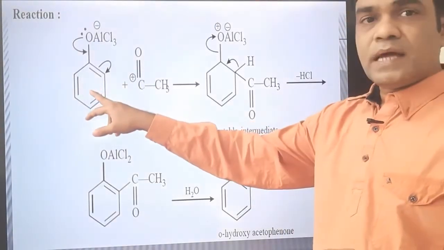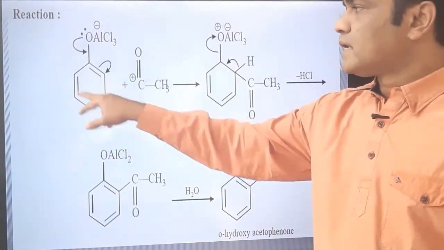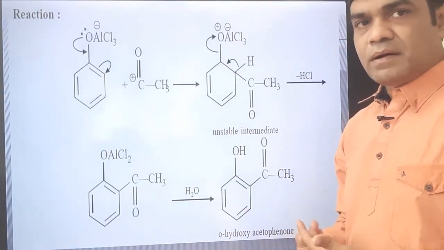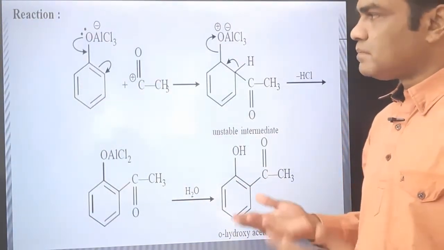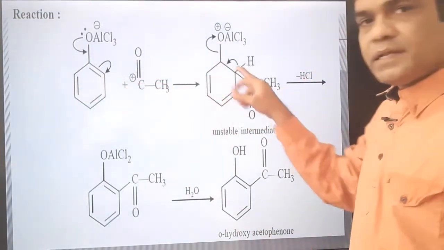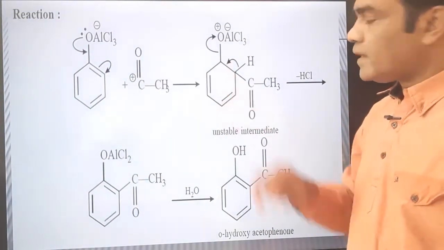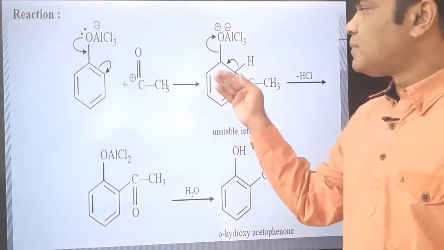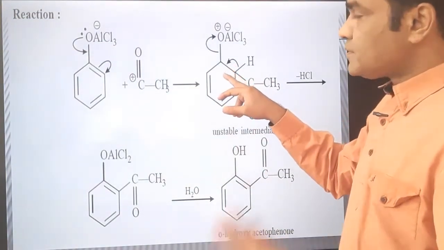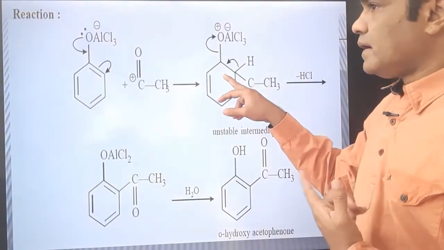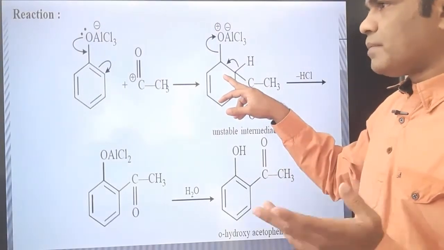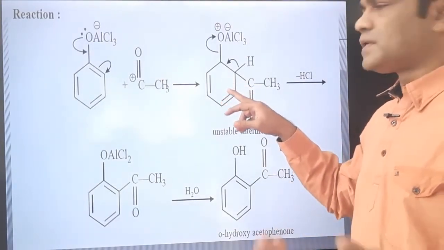Now see, this is an aromatic compound. It is because there are alternate double single bonds, and according to Huckel's rule it obeys the 4n plus 2 pi electron rule. There is a delocalization. It is aromatic, you know that. It is a benzene ring, it is aromatic. Is it aromatic now? No, it is not aromatic. And remember, aromatic compounds are more stable than non-aromatic. Now it becomes non-aromatic, and it has to become stable, it has to become aromatic, because, as I told you, aromatic compounds are more stable.